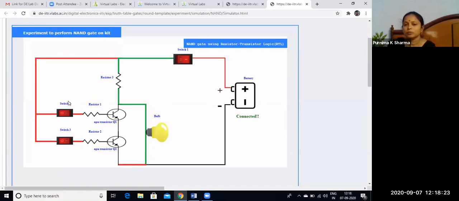Both are 0, then also the NAND gate output is 1. What is a NAND gate? AND gate plus NOT gate. So when both inputs are 0, we are getting the bulb on at the output. If either is 1, then also the output is 1. Both are 1.